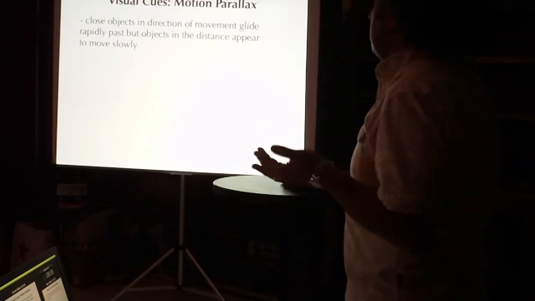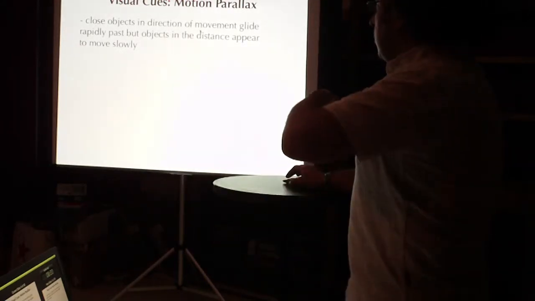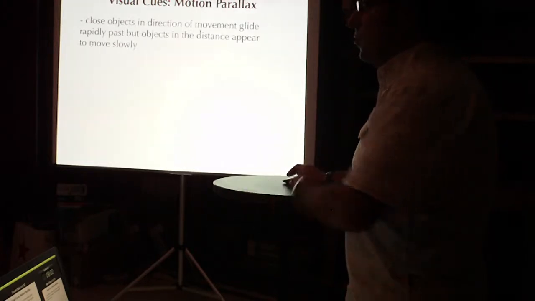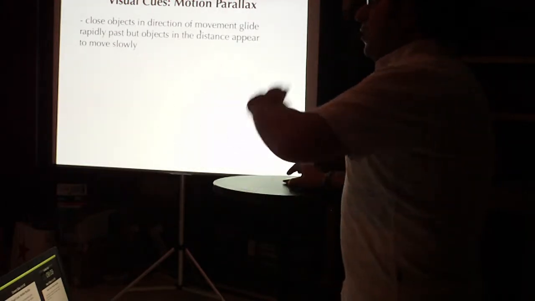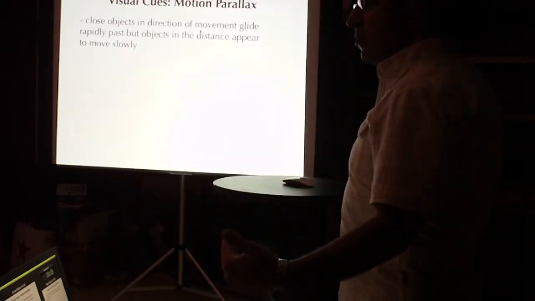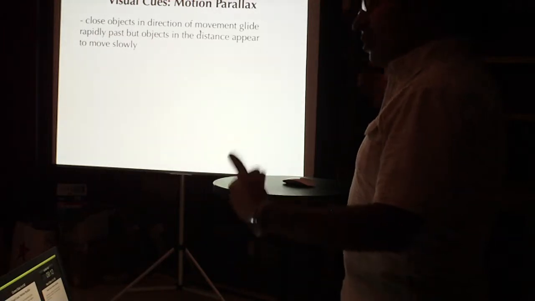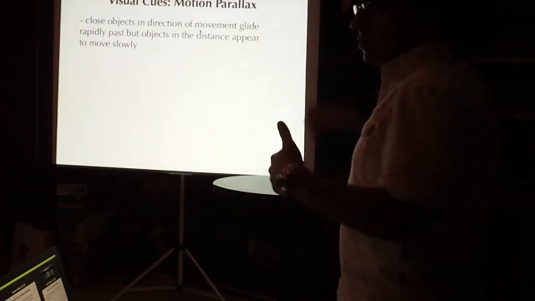Objects that end up being close to us as we're moving through the environment, let's say you're driving a car or you're in a train and somebody else is driving you, but you end up moving in the world. Objects that are closer to you move in the opposite direction but at a faster speed. Objects that are farther away from you move still maybe in the opposite direction depending on the distance, but at